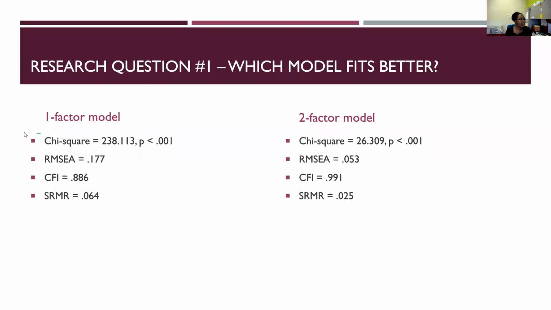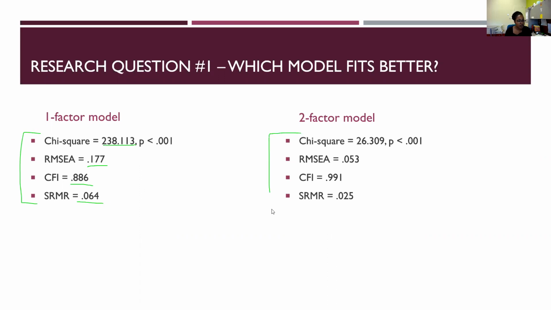So these are fit indicators for a 1-factor model. You can see the chi-square is pretty high, but we also have a relatively large sample size. RMSEA is way above what we would like it to be. CFI is just below what we would want. We want 0.9, and SRMR is below 0.10, which is okay, but it's not terribly low